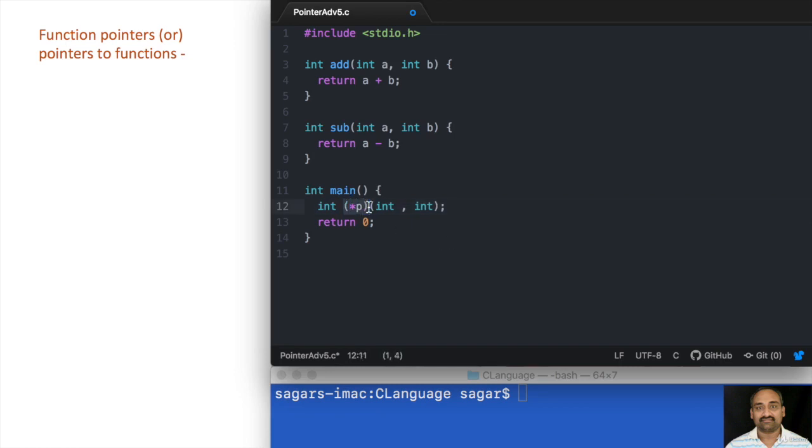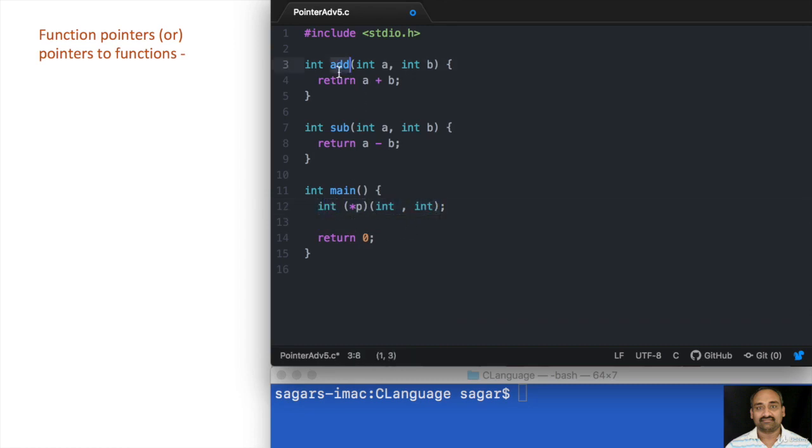Now this is a pointer to a function that returns an integer and accepts two integers. So if you apply parentheses here, this means that this is a pointer to a function. Now what does that mean? Now p is capable of pointing to a function that returns an integer and accepts two integers.